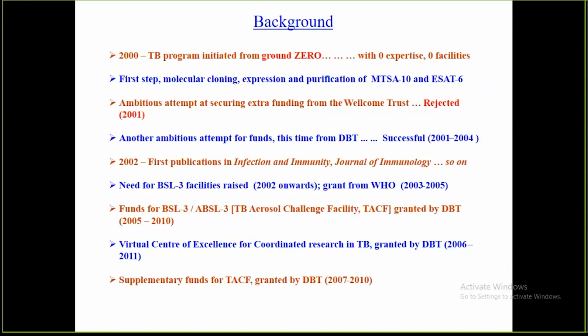So naturally, I had to tweak my project a little bit here and there. Within my strengths and limits, I rewrote the project and submitted it to DBT, and there we were successful. In fact, the project was very much appreciated. Even a most critical person like Dr. Samir Brahmachari made the comment in the meeting itself, in front of me, that this is the most thought through project I have come across. So I knew that I'm going to get it.